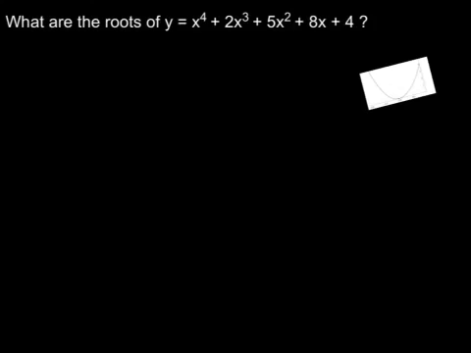were to factor this polynomial here, we'd get 4 terms. Think about if you have a quadratic or x squared. When you factor that, you're going to get 2 terms. Maybe they're the exact same term, but nonetheless you will get 2 terms, and that will give you 2 roots. So here we know we're going to have 4 roots, and let's go ahead and take a look at the